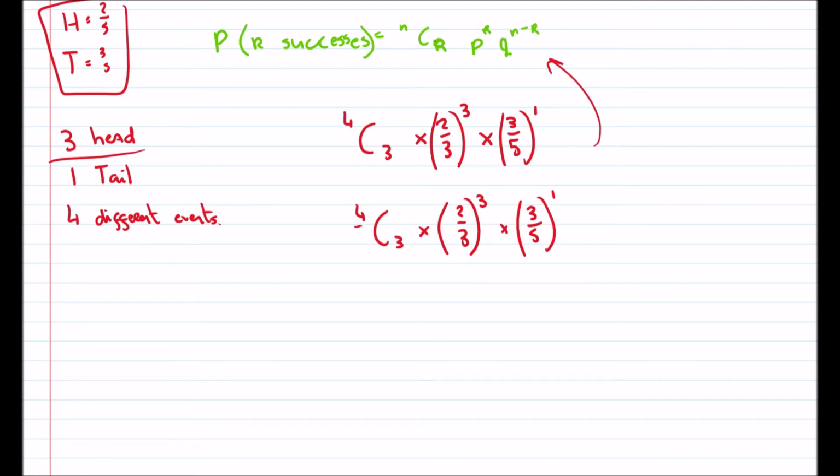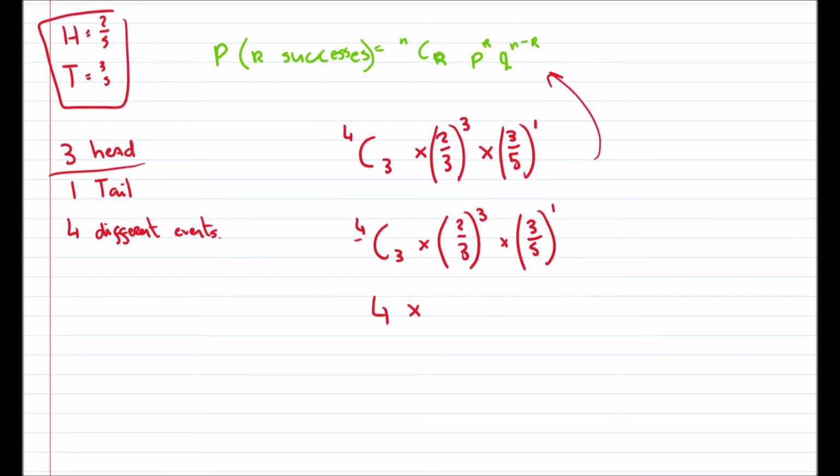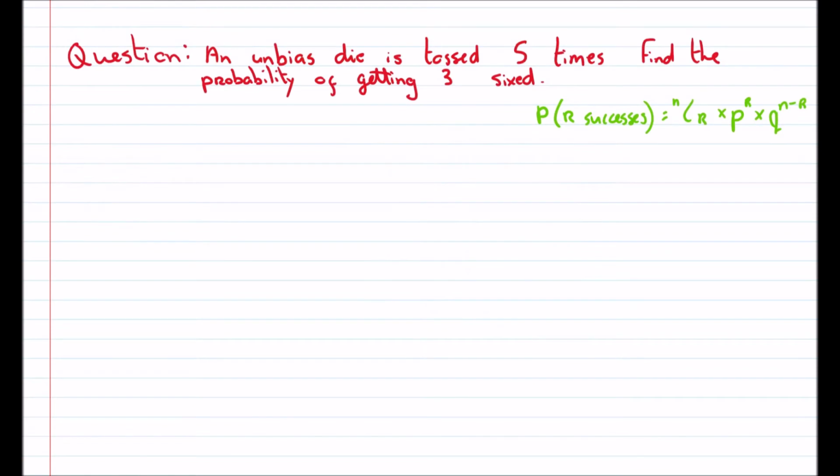So we have N, which is 4, minus R, which is 3. We multiply this out, we will get 24 over